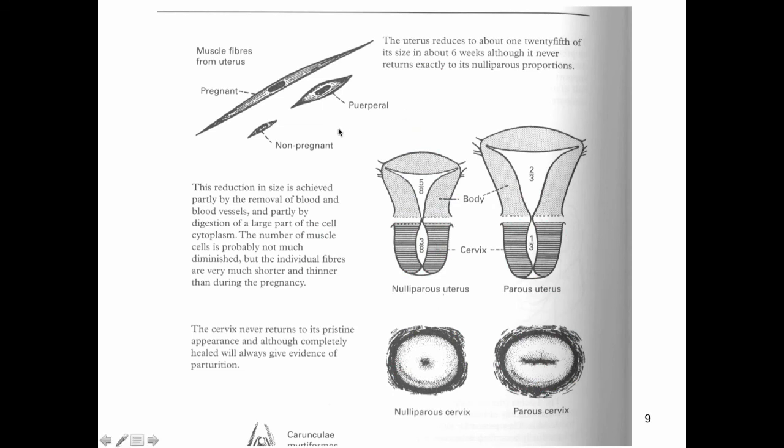Okay, so if we look up here, we see one of these muscle fibers in the uterus. We compare the pregnant size, which is really quite big, right, and then we compare the non-pregnant size to the parous non-pregnant muscle size. So you can see that the parous uterus contains muscle cells that are larger than the muscle cells seen in a woman who was never pregnant. Okay. And we see that also when we consider the return of the uterus to a non-pregnant state in a nulliparous woman, who has a uterus that is smaller than the parous uterus. Okay. So it never completely returns to the same